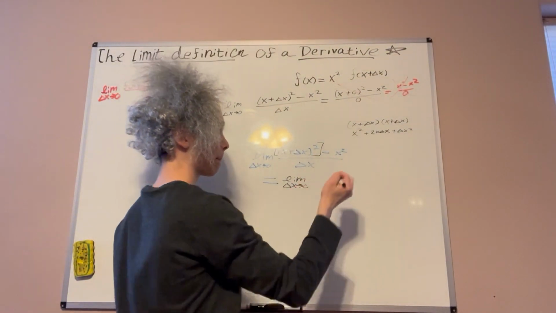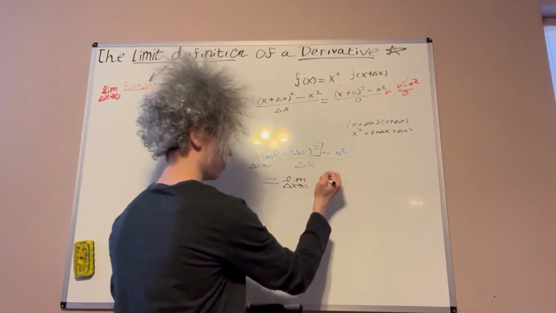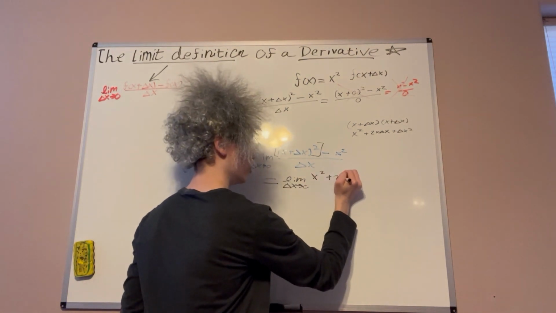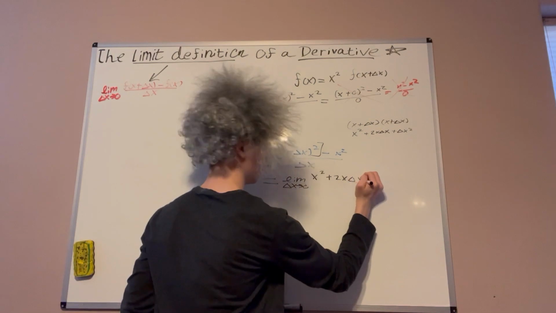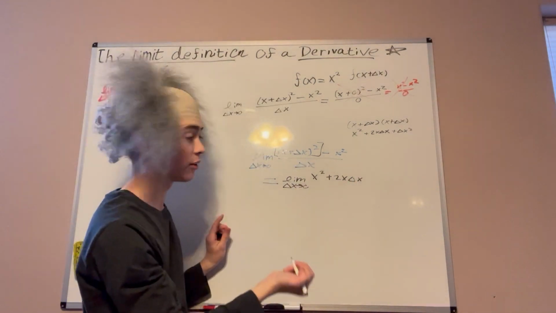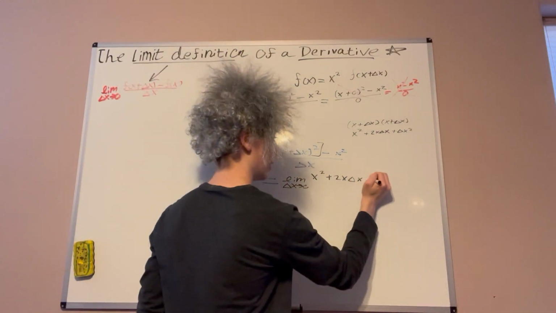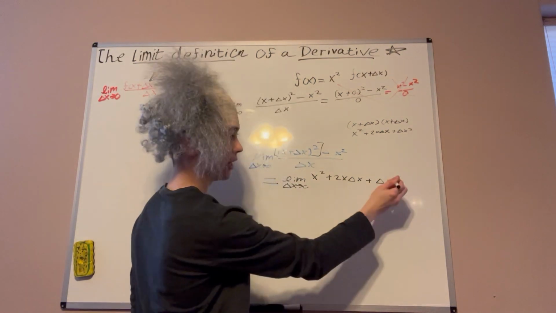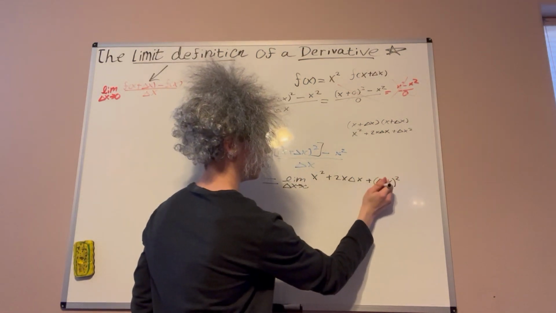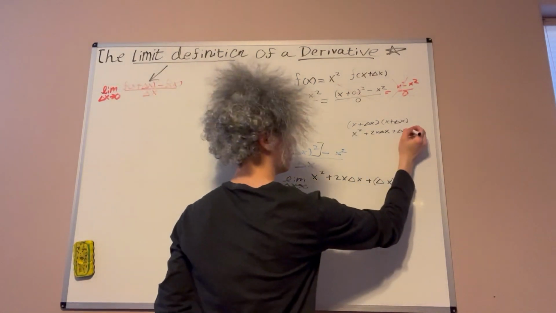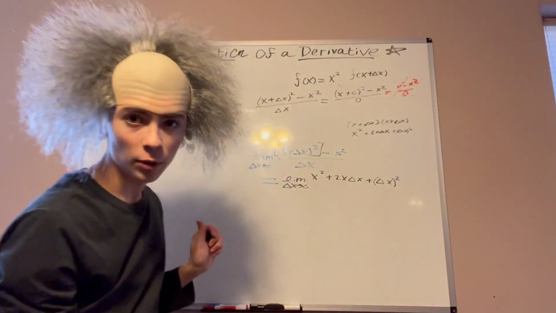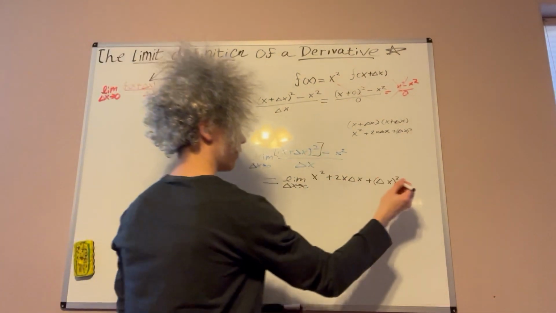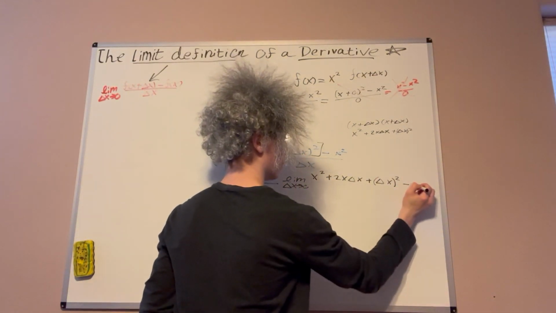Okay, so let's put that back in. We have x squared plus 2x delta x. x and delta x are different variables, so we cannot combine those. Plus delta x squared, and that's not changing x squared. That'd be delta x as a variable squared. My bad, I should put that in parentheses to be less confusing. That is delta x quantity squared. And then minus x squared